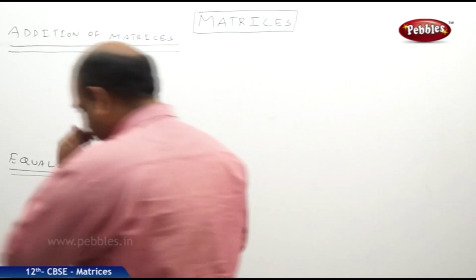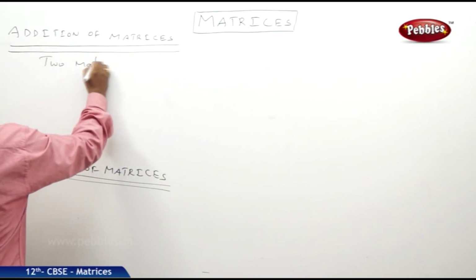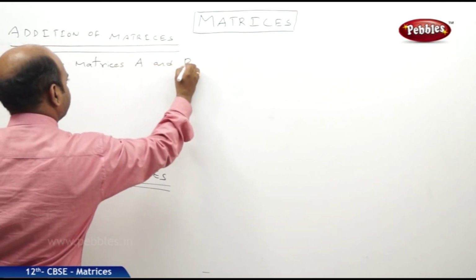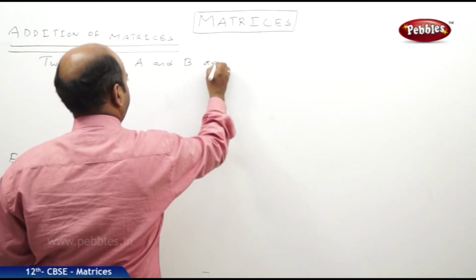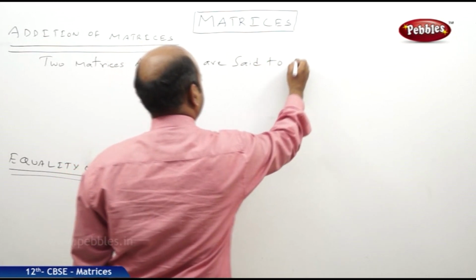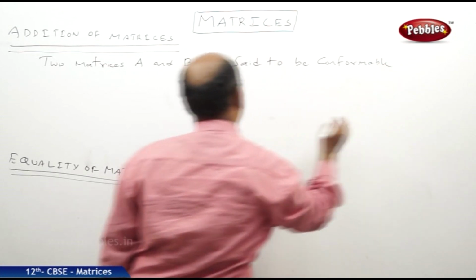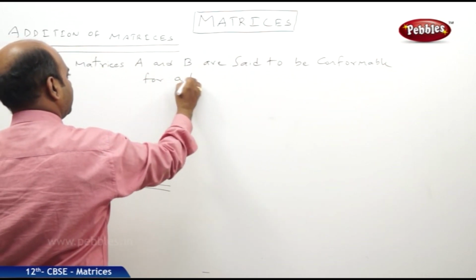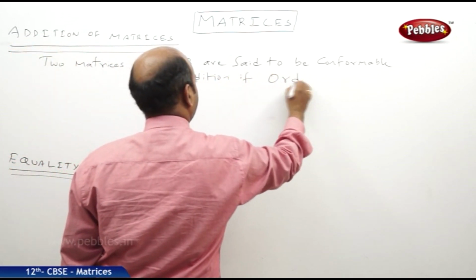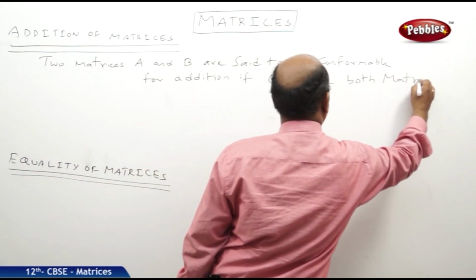Two matrices, capital A and capital B, you can denote them by anything, are said to be conformable for addition if the order of both matrices